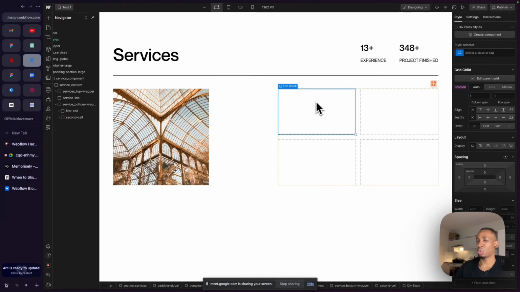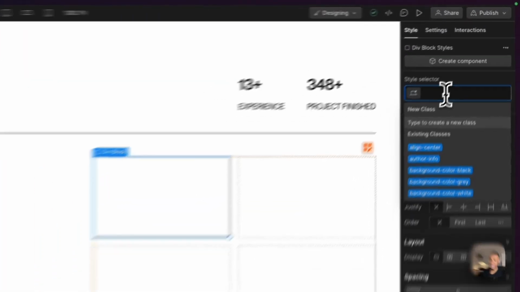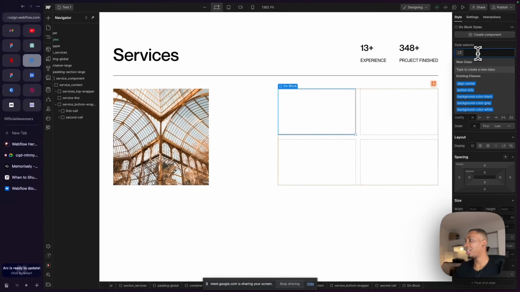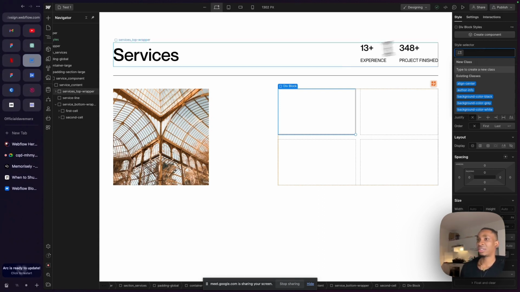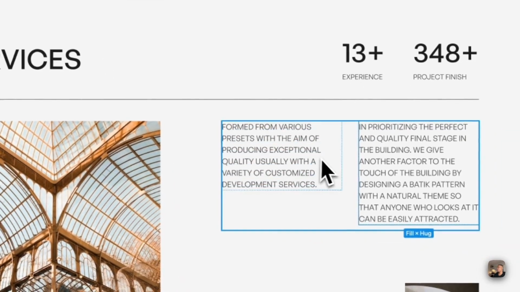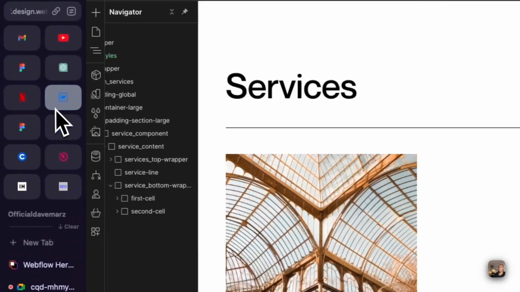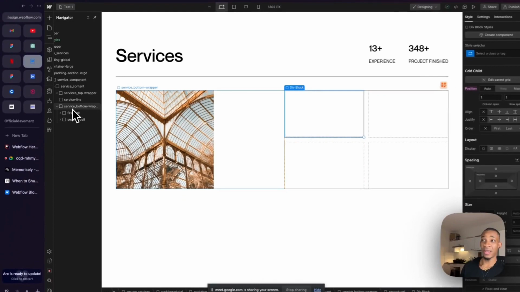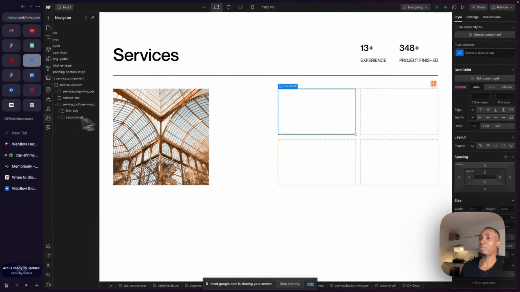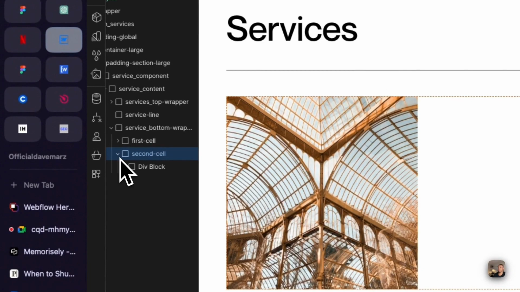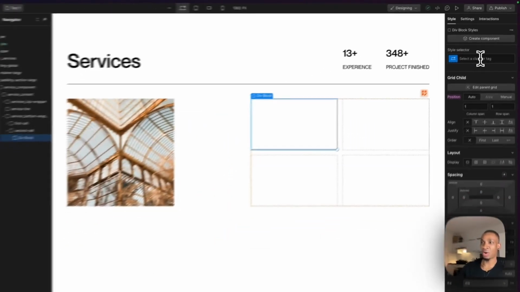So what do we now call it? Do we now call it first cell again? Nope. You can just choose any fancy name of your choice. You can just say first of the first of the second. No, don't do that. Just say smaller cell. Nah, just find something creative, you know. I'm not really good with creative thinking. So we can just say okay, good, this is what we'll do. Because this is service bottom wrapper, and this is a second cell, I'm not confusing myself. We are on second cell, we have a div block, we're gonna call this div block second cell